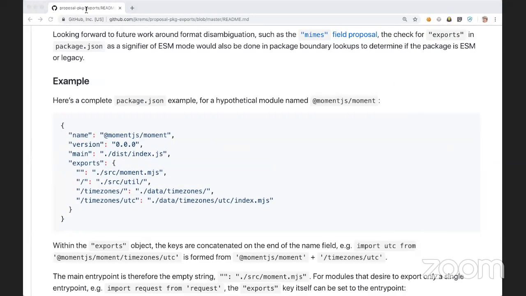Well, I don't know specifically about them, but we did cover this a little in the proposal where, if it has this field, and you're using an import statement to pull from it, the field acts as a signifier that this should be imported as ESM.